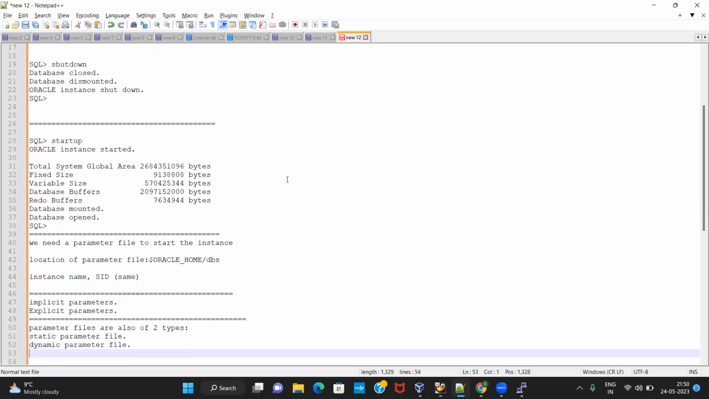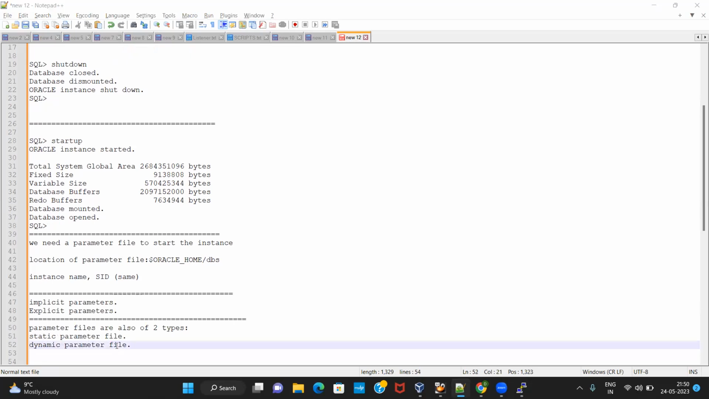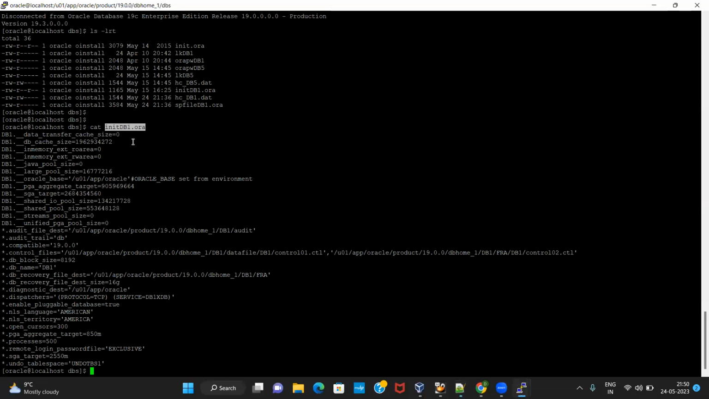Okay. So what is the difference between static parameter file and dynamic parameter file? See, static means constant, and dynamic means rotated, keep on changing. So what happens is, if your database instance was started using a static parameter file, okay, so the parameter files